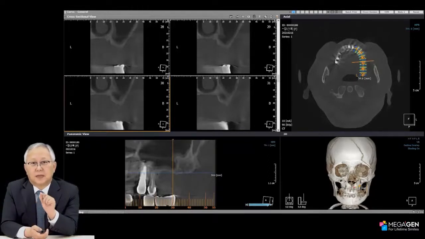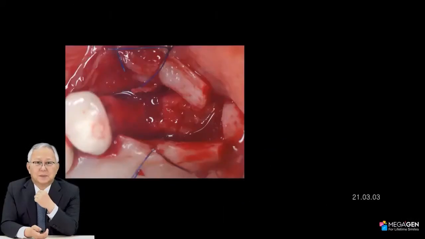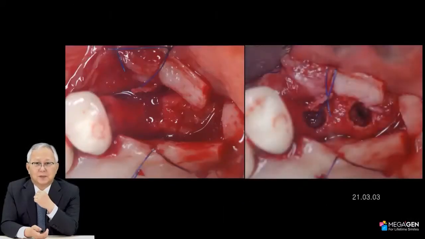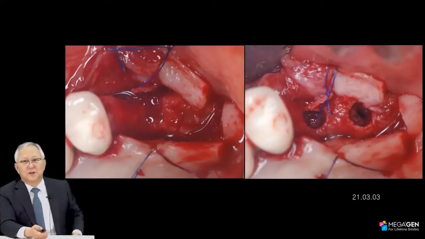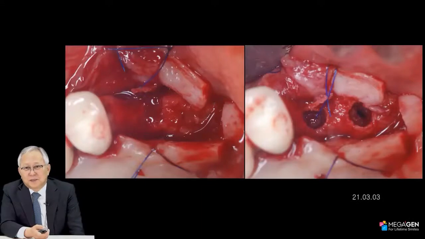So in this case, I carefully drilled with Densah Bur, but when I checked after the final drilling, I found that there was a small opening, small tearing